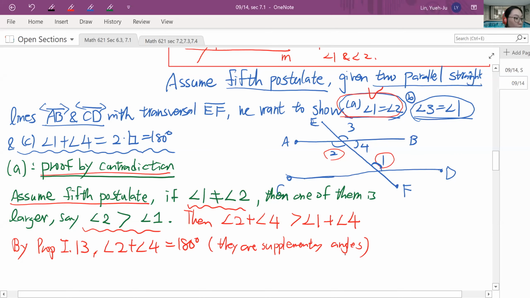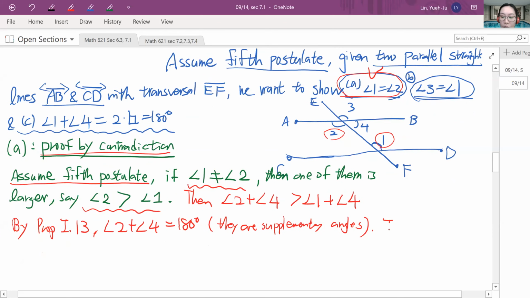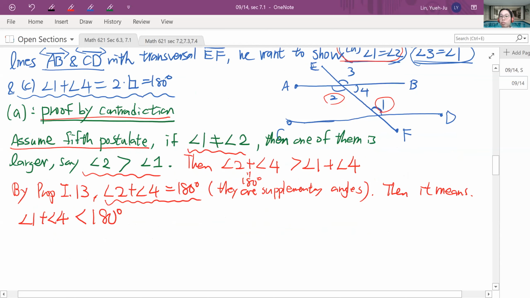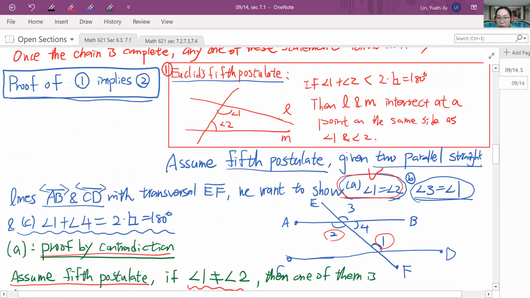So what does this mean? Let's put all the information together. We have angle 2 plus angle 4 is 180, right? So that's 180 here. That means angle 1 plus angle 4 is going to be less than 180, right? Because 2 plus 4 is 180, okay? So now you can see what 1 and 4 are. If you look at the picture here, 1 and 4 are exactly the interior angles on the same side, right? So now is exactly the moment we are going to use